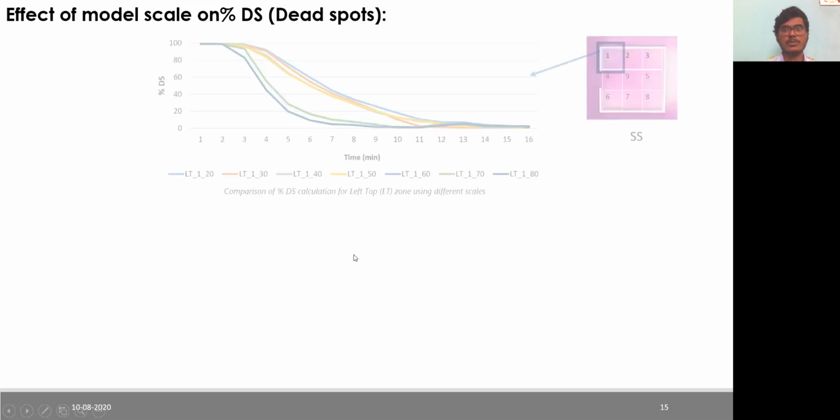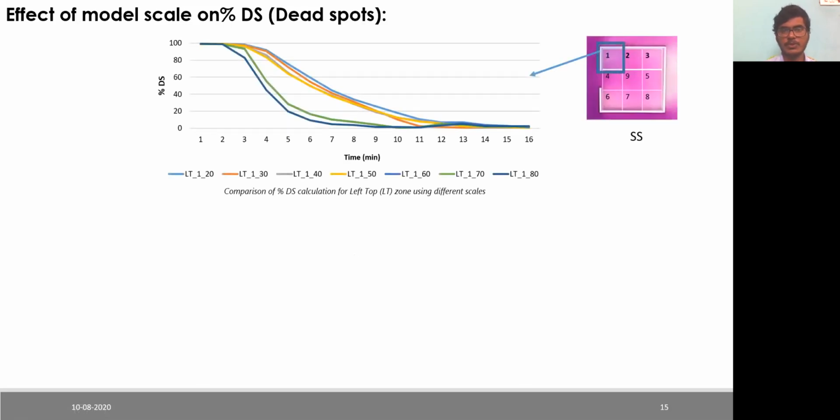So let's go to the first part, how the effect of dead spots is shown on this one. Initially, the percentage dead spot is calculated at zonal level because the average concentration value of a room takes the entire room for calculation. So I have calculated for the zone 1, which is LT, which is also left off. It is observed that the smaller scale values have taken less time to reach a stable time, within 7 to 8 minutes, whereas the other scales like 1:20 and other scales have taken 12 to 30 minutes to get